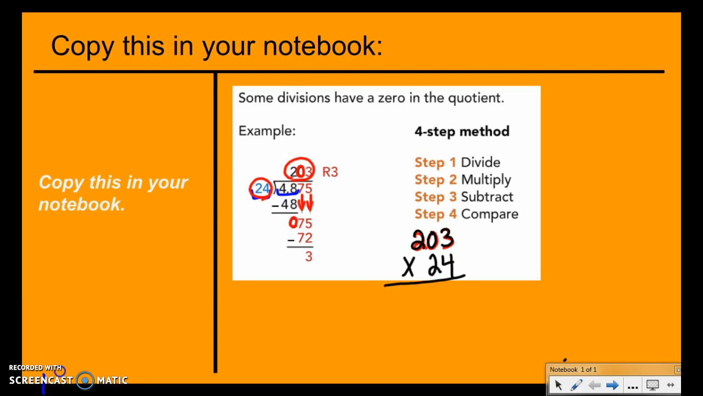Now, 4 times 3 is 12. 4 times 0 is 0. Bring down your 1. 4 times 2 is 8. Put in your placeholder. 2 times 3 is 6. 2 times 0 is 0. And 2 times 2 is 4. So your answer is going to be,